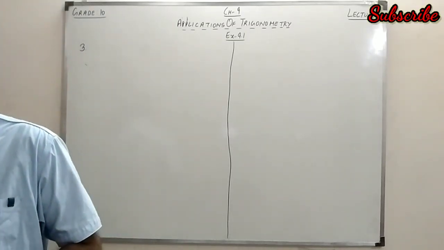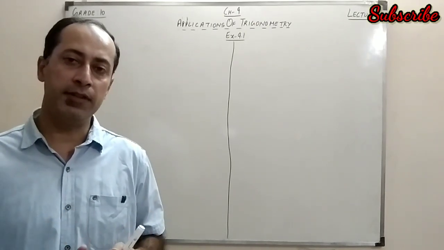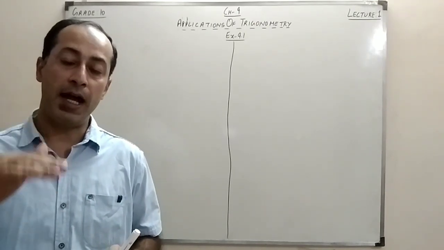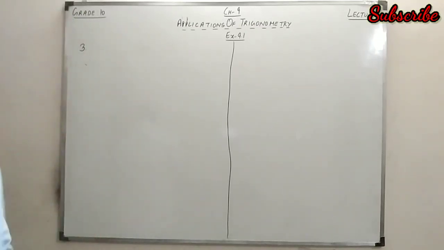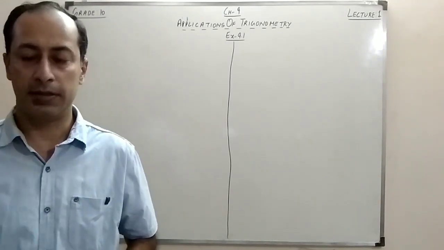Now she prefers to have a slide whose top is at a height of 1.5 meter. So for the kids below 5 years, the height is 1.5 meter and the angle which is given to us is 30 degree to the ground, right? That is the inclination of the slide.